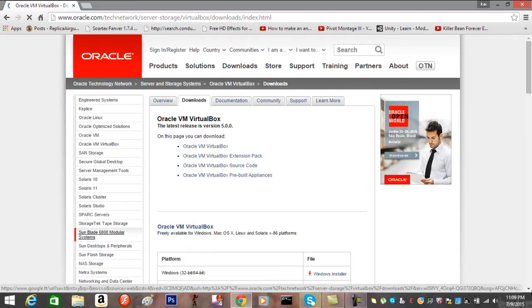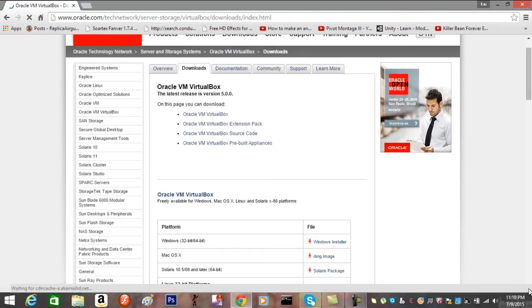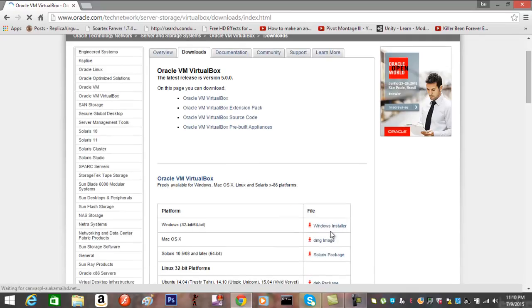Here you will see all the different options pertaining to the download of the VirtualBox. Now because we are choosing to do the Windows platform, we'll have to search for Windows. Now as you can see, there are many different platforms, but as I said, we will be choosing the Windows platform. Double click on the Windows installer,